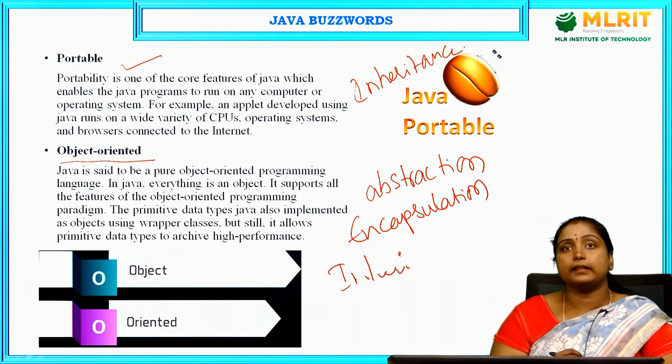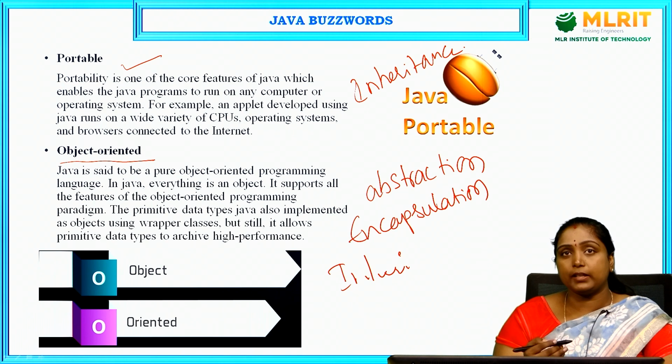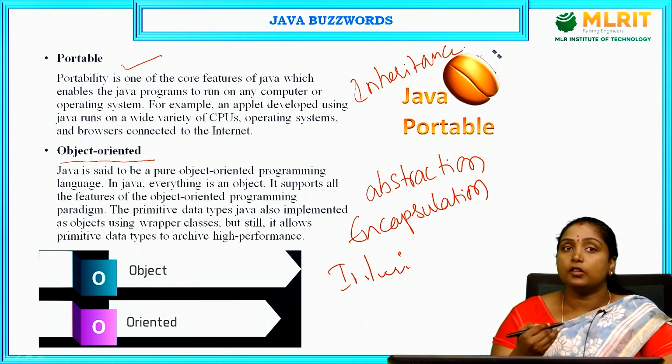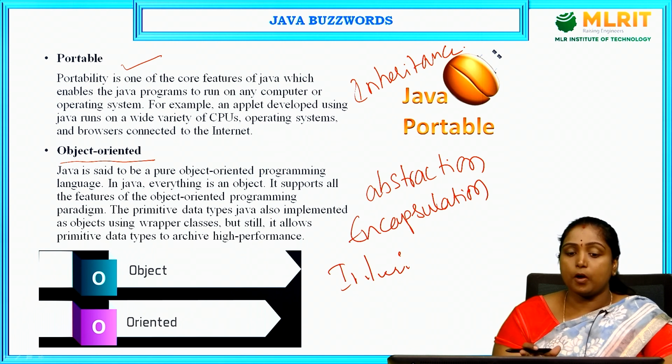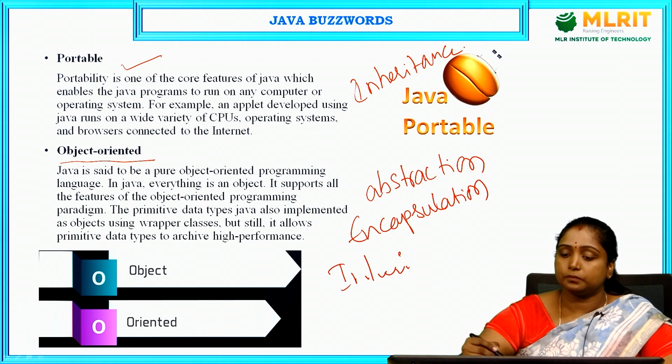What is inheritance? Inheritance is acquiring the properties from one class to another class. So this is one of the object-oriented concepts of Java. And the last one is